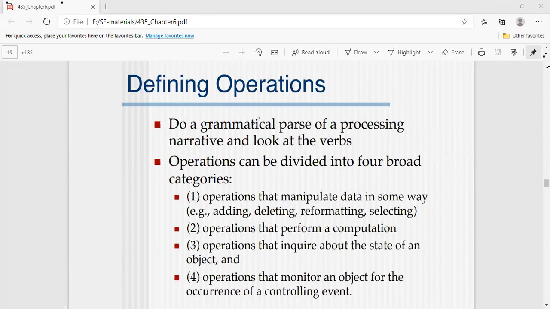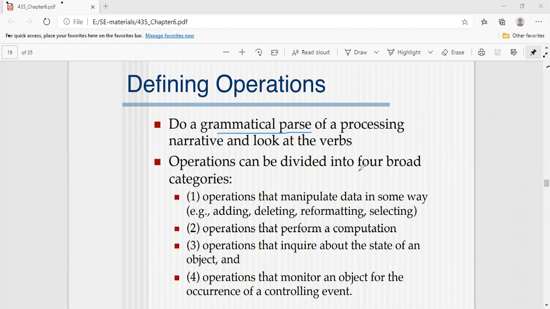So you should select the operation names based on the particular class itself, isn't it? So you should use the grammatical parse while taking the names or defining the operations of that particular class or project, right? And the operations can be divided into 4 categories.